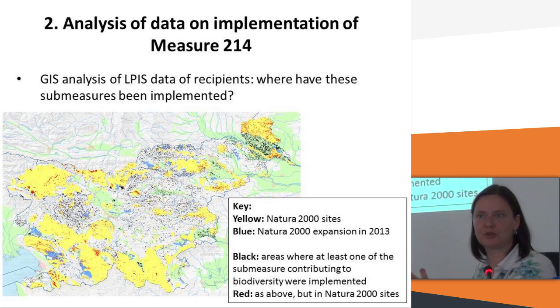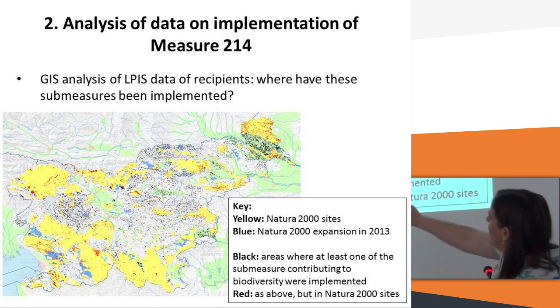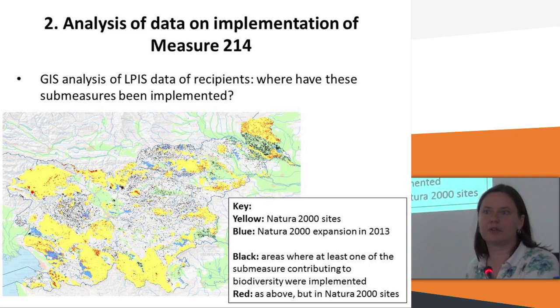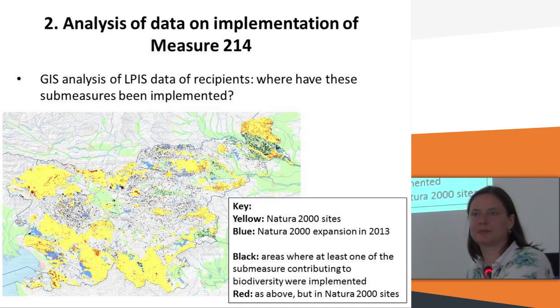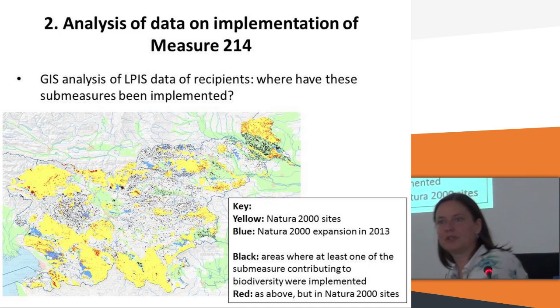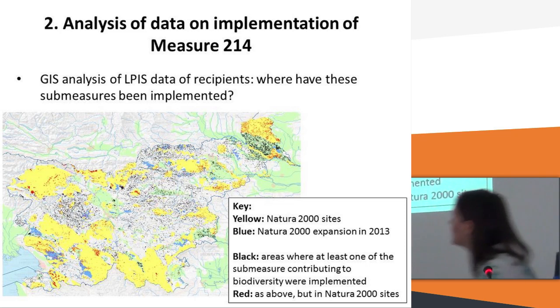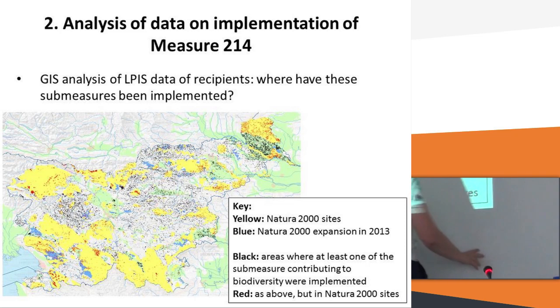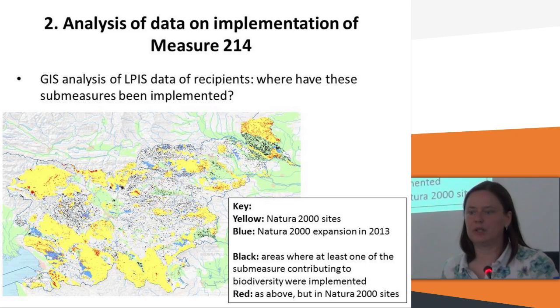There was a policy change, let's say. So a lot of Natura 2000, and all these black dots and red dots are the land parcel areas supported by these biodiversity supporting measures. So here, a big concentration over here, here, here. The red ones are red just to stress that